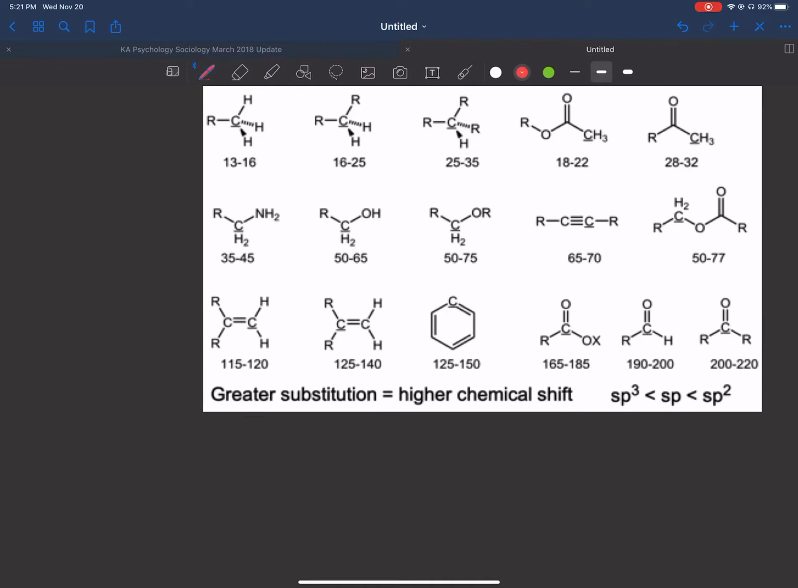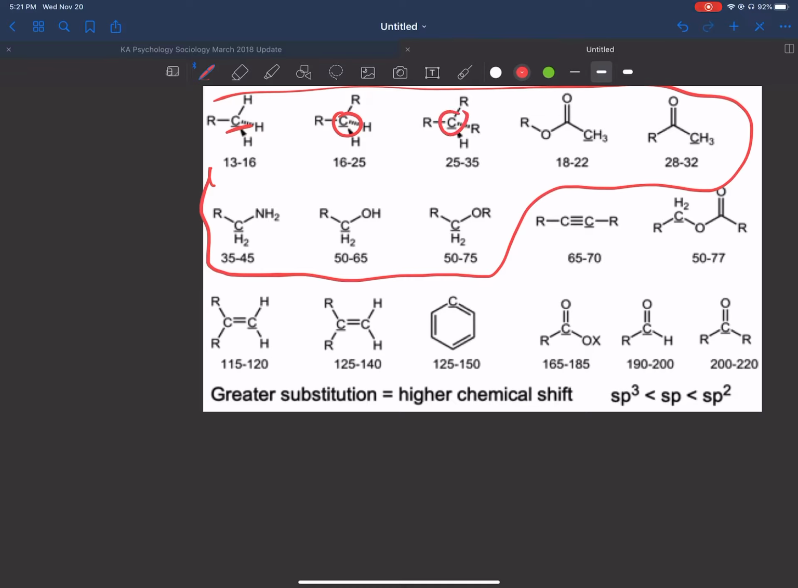All right, so let's just start by going over this. So you can see that everything here, we're looking at sp3 carbons, right? Or actually even more than that. All of this, all right? This is the carbon, carbon, carbon,